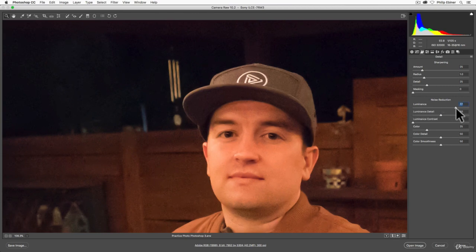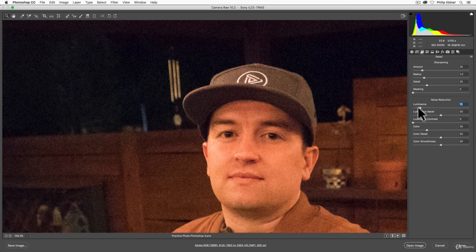Noise reduction and sharpening kind of combat with each other. So you almost have to pick what you want. Do you want it to be sharp or to remove noise? Because if you actually sharpen, you're going to be increasing the noise, which is the digital way of sharpening. But anyways, with noise reduction, it's a good idea to play around with this and see if there's a balance you like. Down below luminance, you have luminance detail and luminance contrast.